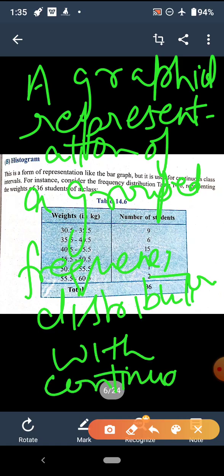The classes will be continuous, and we are preparing it for a grouped frequency distribution. In the bar graph we studied that width doesn't play any role, but here the width will play a role. You have to see that the class